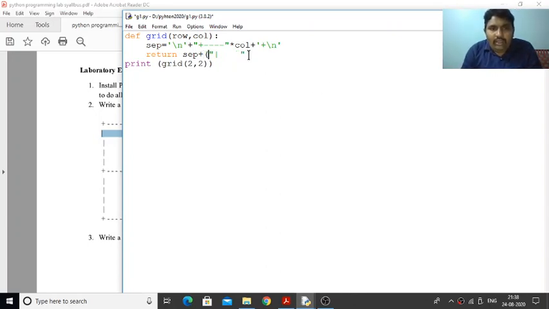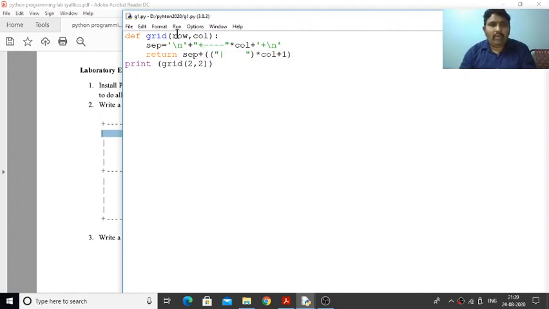After that, this particular slash has to repeat for the required number of times. It is required more than the column count, so it has to repeat 3 times. But our grid has 2 columns and this is required 3 times, that's why column plus 1. Let us put one more bracket for this entire thing. So let us check the output.